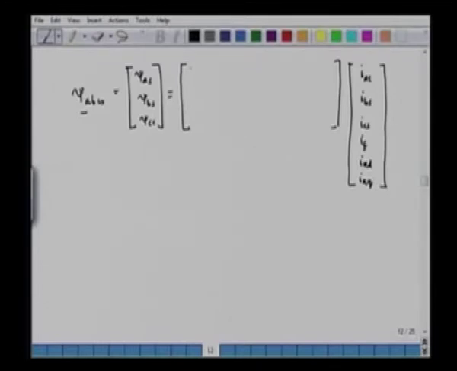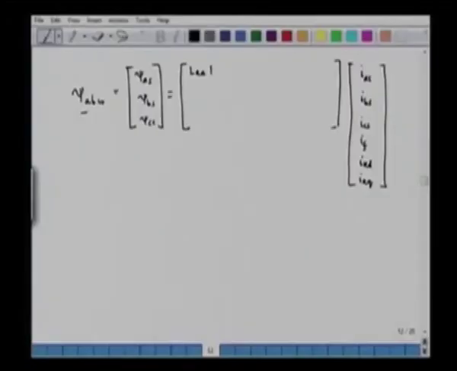In this case I have LAA, the self inductance of phase A. This is LAB, the inductance of phase A with phase B of the stator, and LAC, the inductance of phase A with phase C of the stator. Then we have the rotor and stator mutual inductances, that is LAF, the inductance of phase A with the field winding, and LAKD, the inductance of phase A with the D axis damper winding. Let us write down the other rows also,